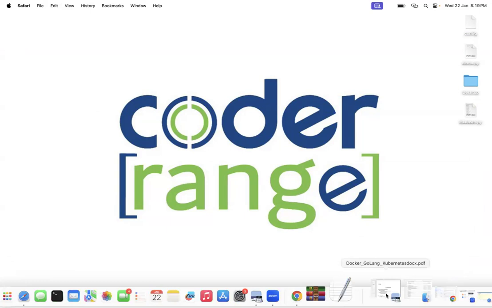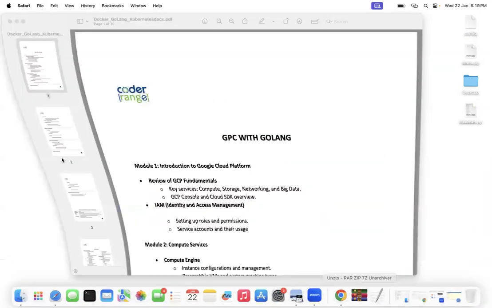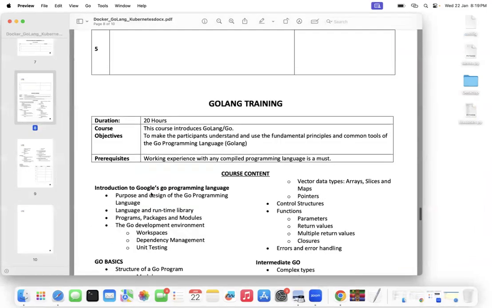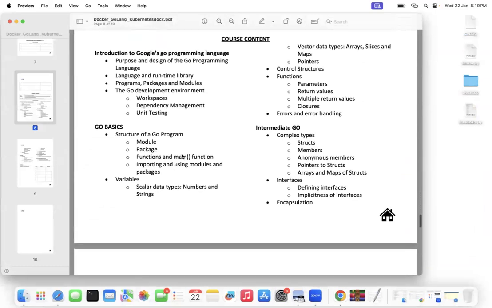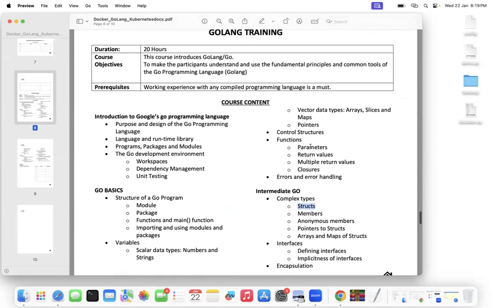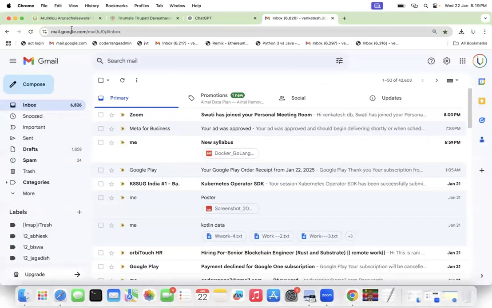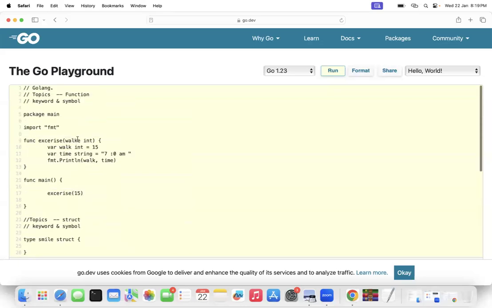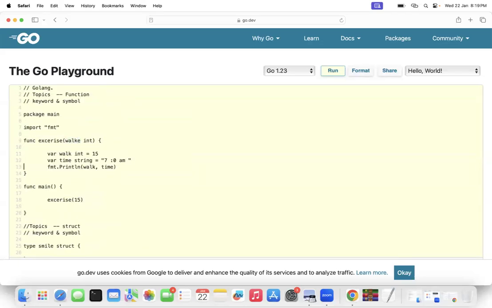I'm sure Srikanth would have shared the syllabus with you. Now I've talked about the syllabus. If you look at this Go training, we just explained functions and main functions. We understood strings, and a little about structures. And now we understood about methods, a little bit. I've just explored the methods. Now we'll talk about parameters. We also understood about parameters. Getting my point? Yes, I'm getting it.